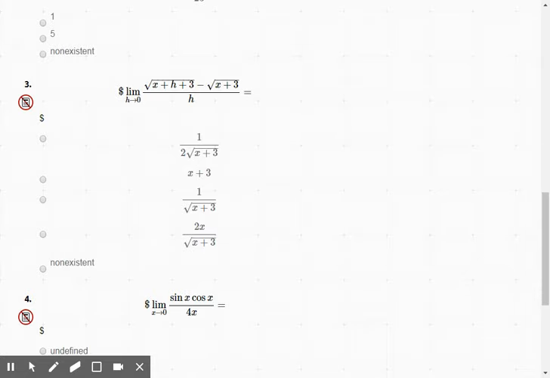Square root of x plus h plus 3 plus the square root of x plus 3. So when we multiply it on the top, still have our limit notation here. When we multiply it on the top, the square roots cancel, so we've got x plus h plus 3. The outside and the inside terms cancel, so we've got minus x plus 3. Notice I put it in parentheses. And we don't multiply out the bottom,